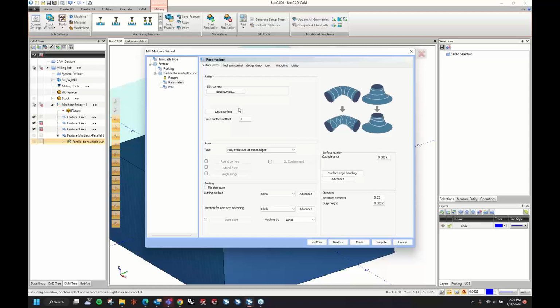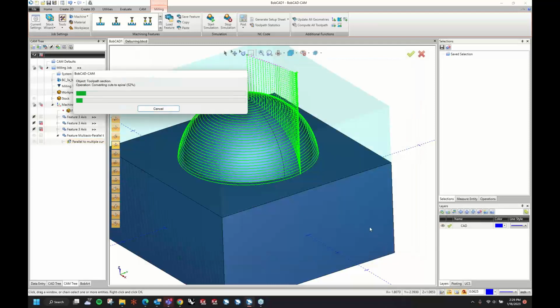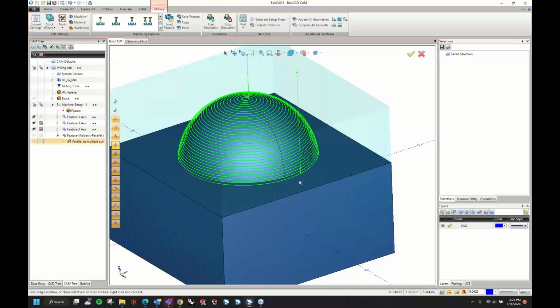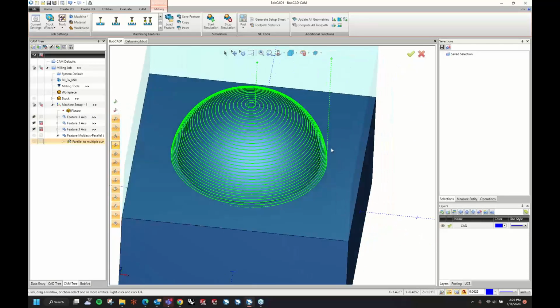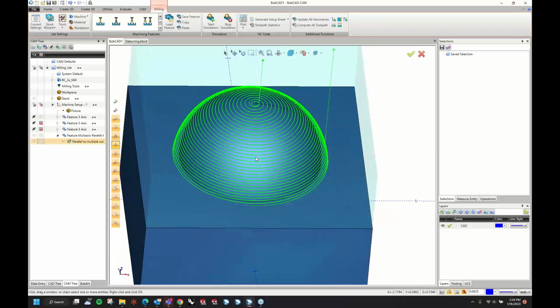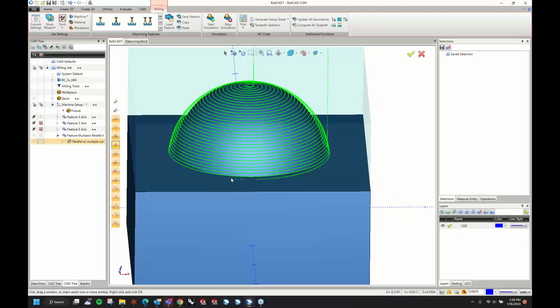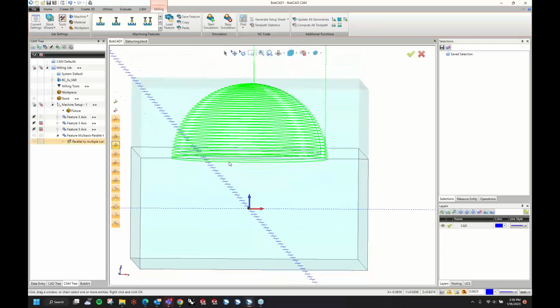I usually stop at that selection and then compute. Then if I need to change something like a retract or the pattern, I then go back and do it. Because if you change too much at once, you don't know what might have made the changes that are affecting you. Now I can also see, if I hit the shading on my model, it's actually going down into